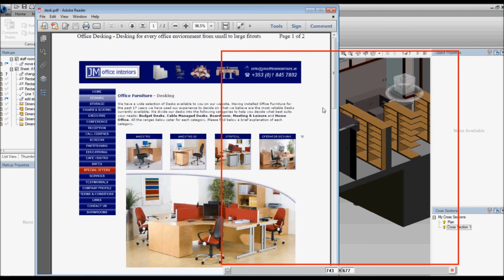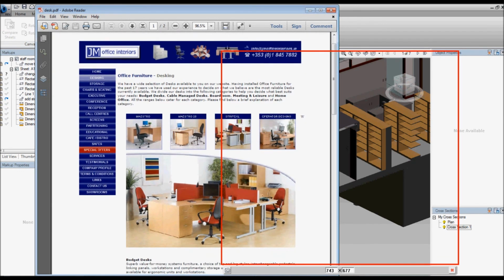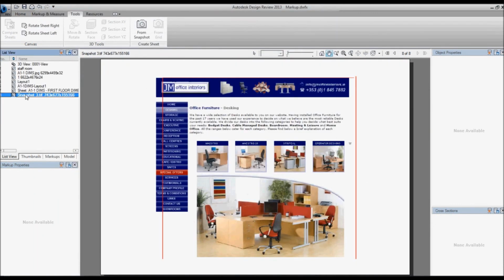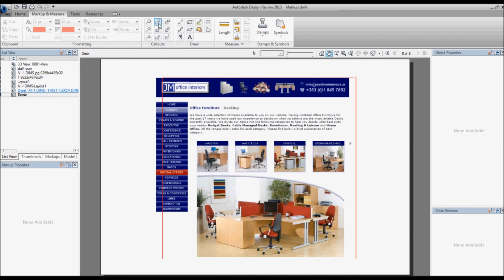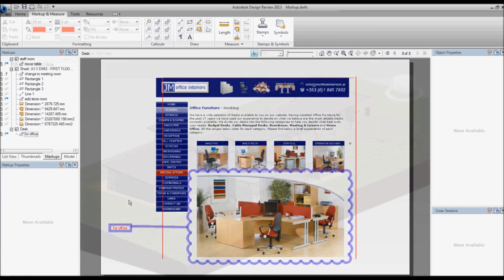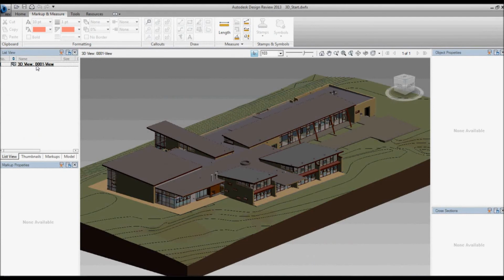The snapshot tool is actually very useful because it allows you to take snapshots not just of the Design Review file, but of any file, website, specification document, and bring that into the Design Review file. And once it's in there, it becomes another view in that sheet. You can use the markups. So Design Review is an extremely useful tool for communication on a project, for markup, for keeping all the comments and all the things in the same place. I recommend that everybody, as a first off point of getting into